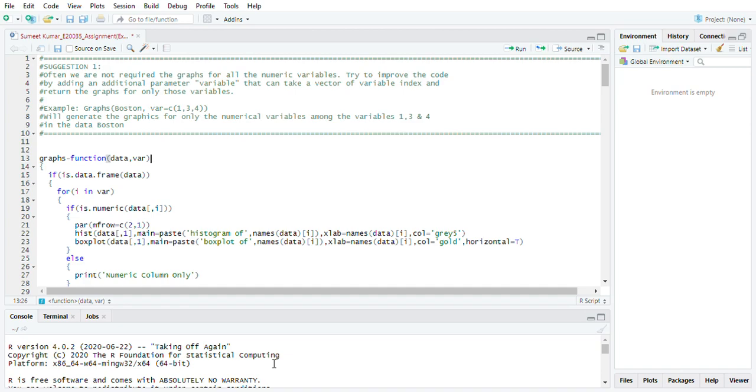The agenda of this video is to demonstrate the function which I have created phase-wise, with improvisation. The function performs univariate analysis, which we can perform on either a numerical or a categorical variable. So I have started